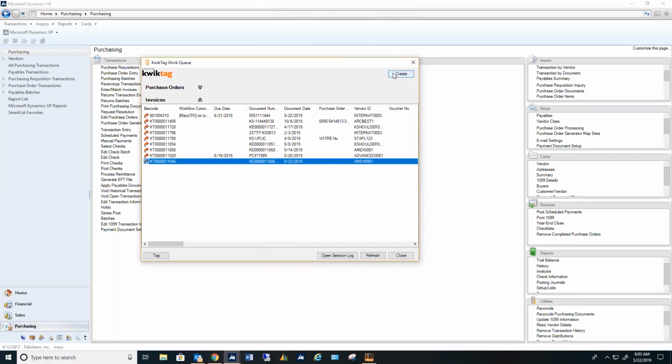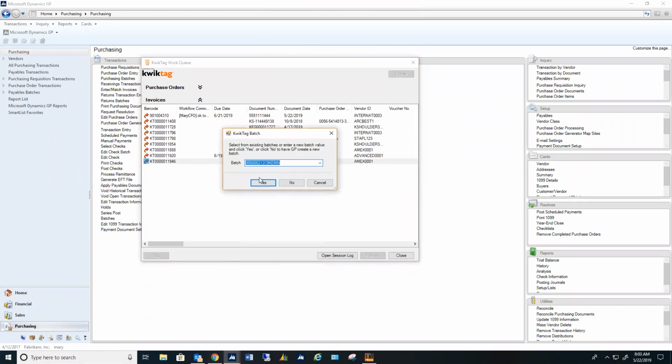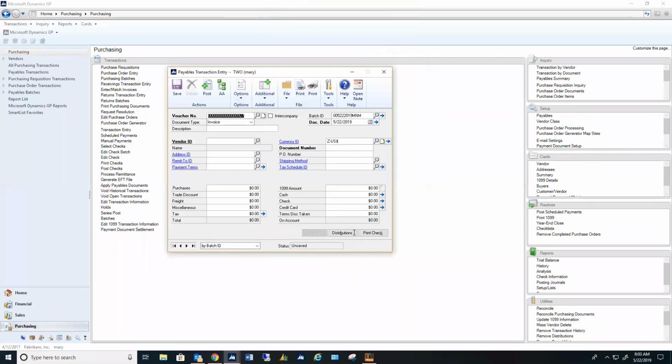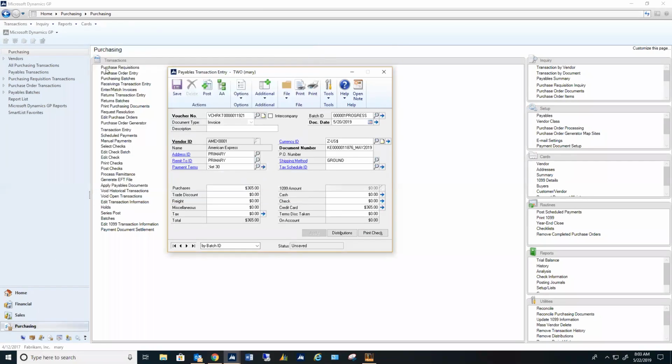Okay, so let's go ahead and create that one into a batch. We'll put this into my Quick Expense batch here. And it'll disappear out of the work queue just like the invoice did. We'll come in and look up the voucher number. And it's going to be closer to the top this time because I didn't put it in one that was a million miles away. And when we select this transaction, now we can clearly see all of the information is